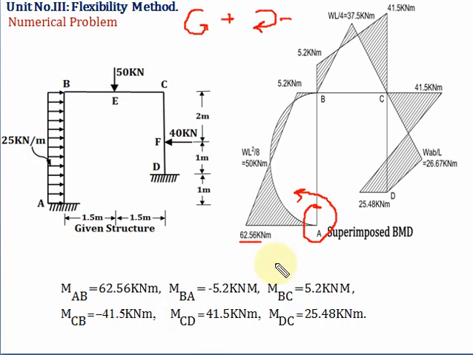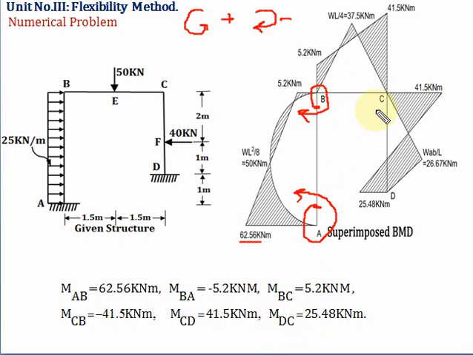Then the moment in member BA is minus. Minus means you have to rotate the joint B in clockwise direction. Keep the plane nearer to support B towards A and rotate the joint B in clockwise direction, and it should cut the member BA once. So here this value 5.2 is on the left hand side of B. So join this by a straight line.